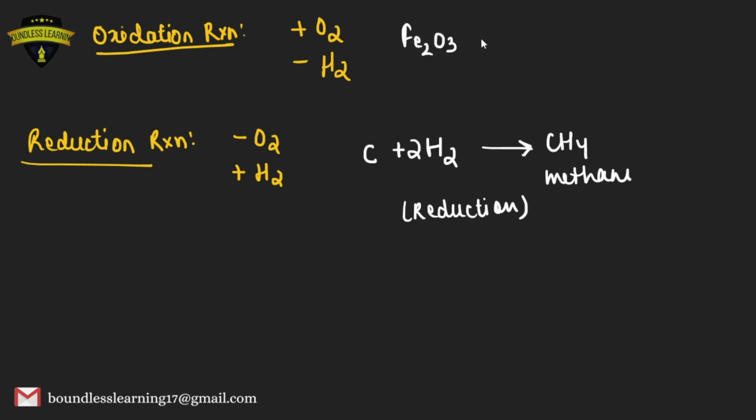Fe2O3 में मैंने CO ऐड किया, तो ये फॉर्म कर लेगा Fe प्लस CO2। अब यहाँ पर क्या हो रहा है, ये मेरा CO जो था, यहाँ पे एक ऑक्सीजन था, यहाँ पे CO2 बन गया, इसमें ऑक्सीजन ऐड हो गया। तो ये वाला जो रिएक्शन है, ये है मेरा ऑक्सीडेशन रिएक्शन।